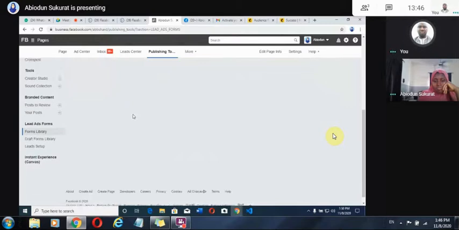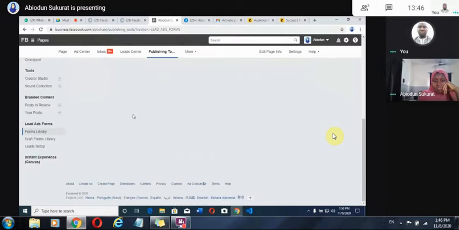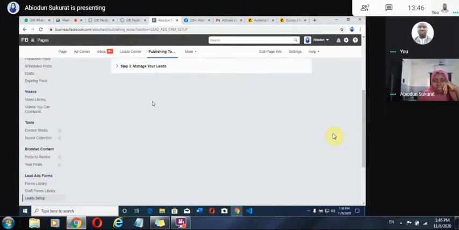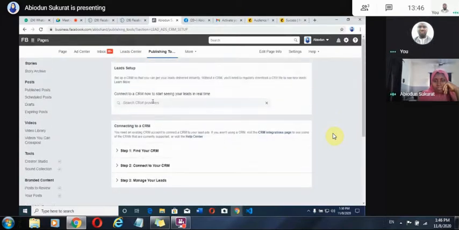When you create a campaign and select lead generation, it's going to create a form. So in this case, we have created a form, and we are just linking the form to Mailchimp. So the first thing you do is select lead setup, and